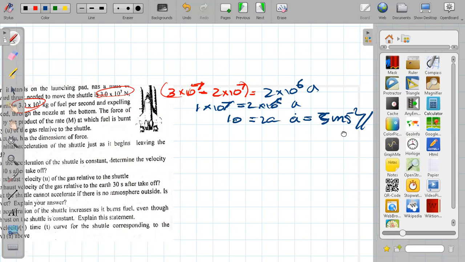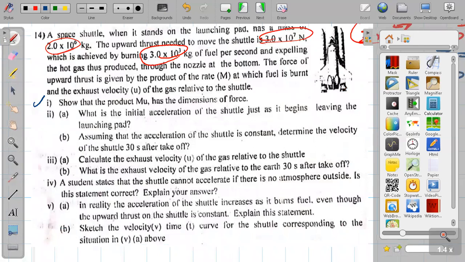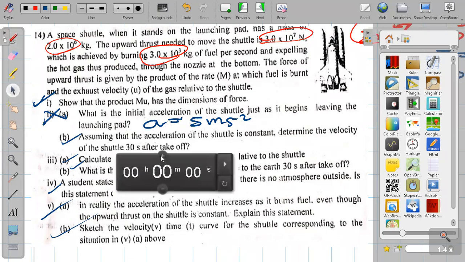I've worked out this acceleration and I'll show you. Don't think about how it was obtained. I will give you this one as data: 5 m/s squared. Try it if you can. The rest of it you can all do. I'll give you 10 minutes. If you can do it, you can; if not, you can't. Timer starts.